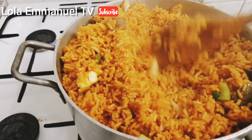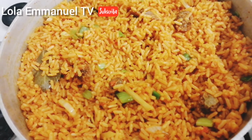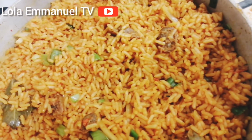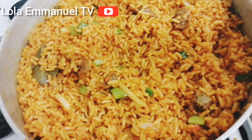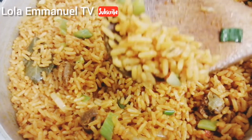So at this stage my rice is ready. Here it's ready. My gas cooker is off. I've turned off everything. The rice is ready. I hope you enjoy